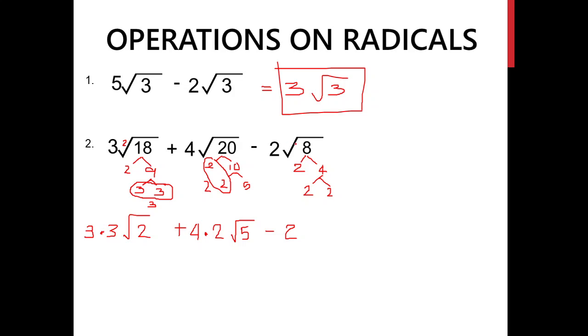Again, the index here is 2, so let's group two similar numbers. The value of this one is 2. Then we still have a remaining 2 here. This will go back inside the radical sign, but the other one will be multiplied to our numerical coefficient. And then this 2 will go back inside the radical sign. So let's try to simplify this one.